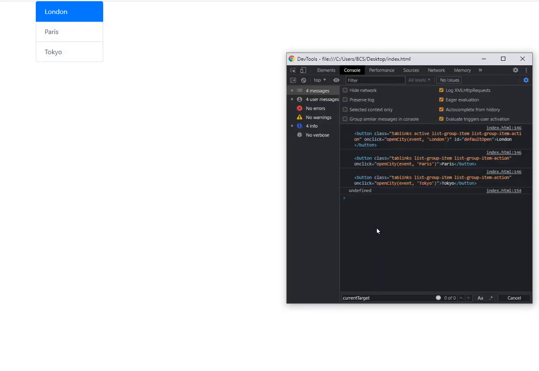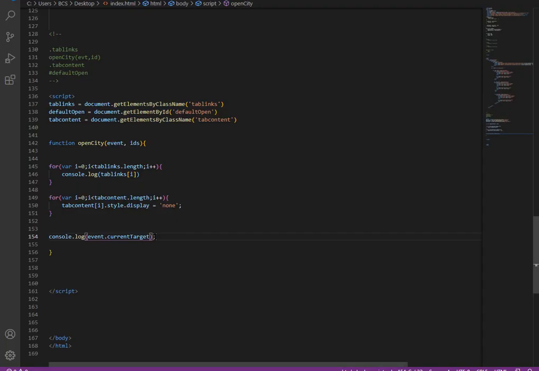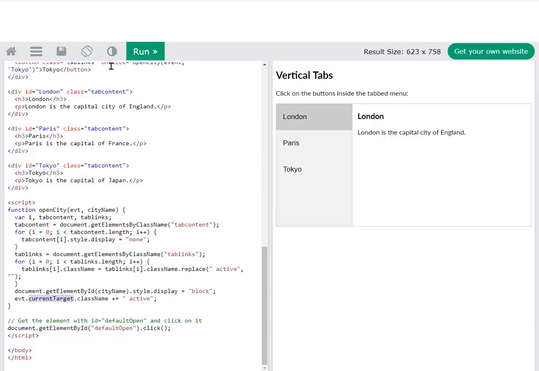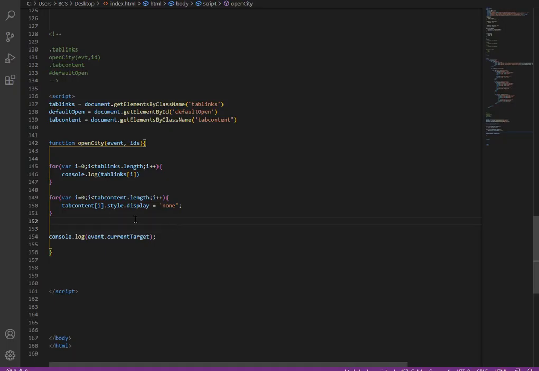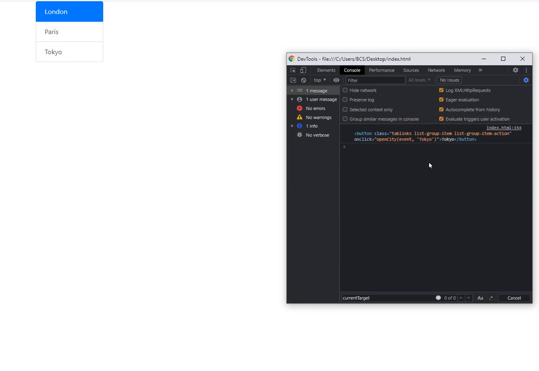Click on Paris and it's again undefined. Actually it was a spelling mistake which made us problem. If I refresh and click on Paris, you should get Paris. Let's remove the for loop and comment this console and check again. Click on Tokyo. Now you got Tokyo.